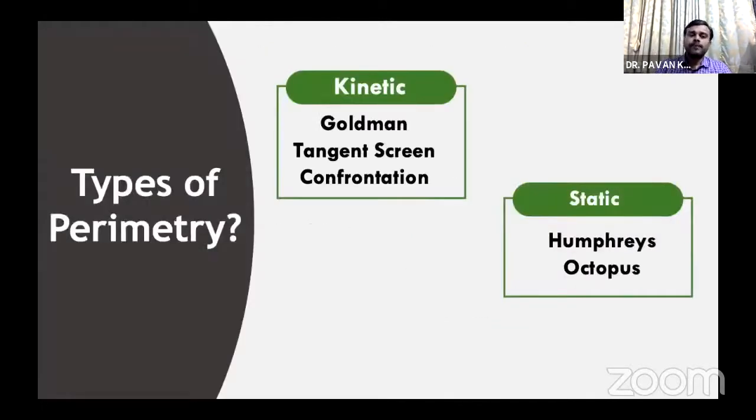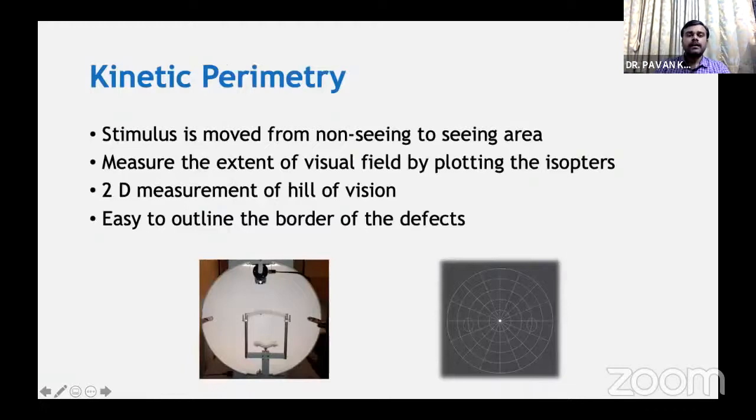What are the types of perimetry? Kinetic perimetry and static perimetry. The most commonly used kinetic perimeters are Goldmann perimeter, tangent screen, and confrontation test. For static perimetry, we have Humphrey and Octopus. Interpreting the visual fields: in kinetic perimetry, the stimulus is moved from the non-seeing area to the seeing area, and the